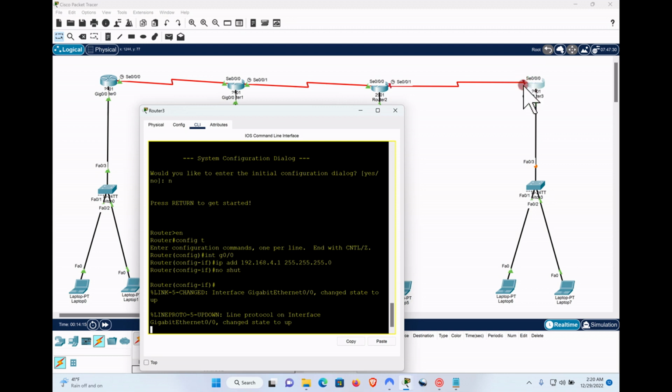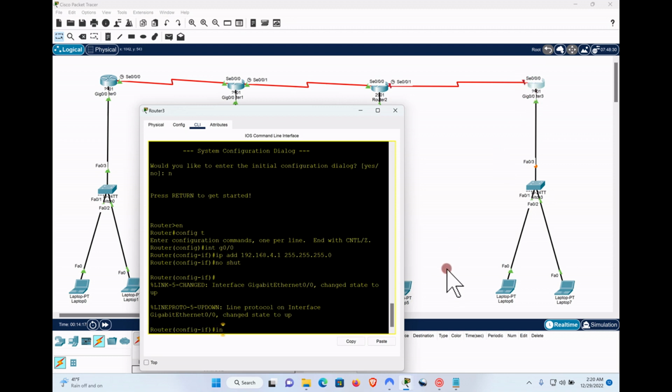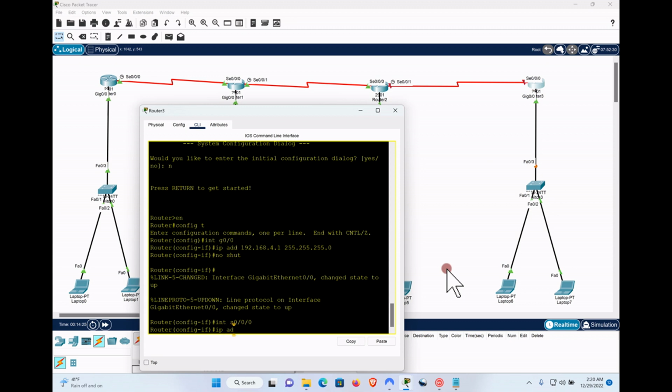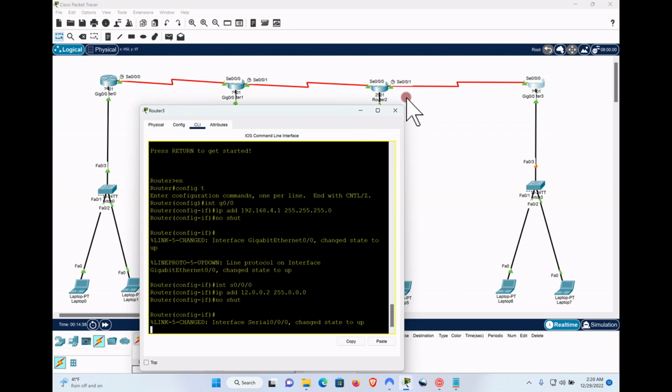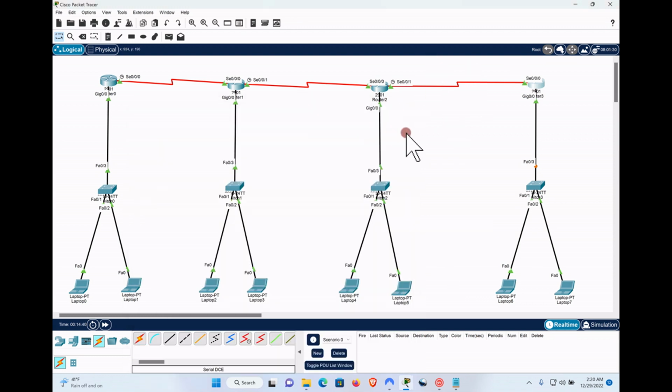Next we go to this interface here. Interface S0/0, IP address 12.0.0.2, 255.0.0.0. No shutdown. So as you can see, they are on. Okay, so now we have our connection on. They are all connected, but